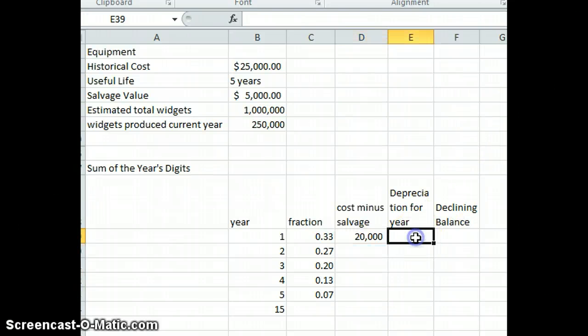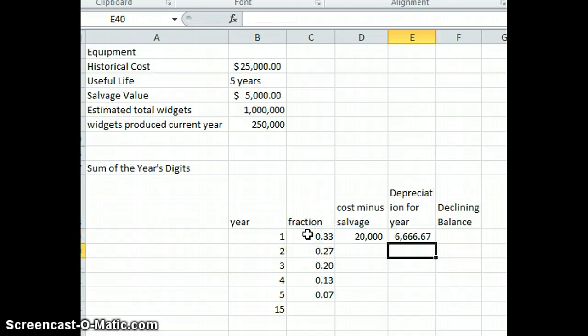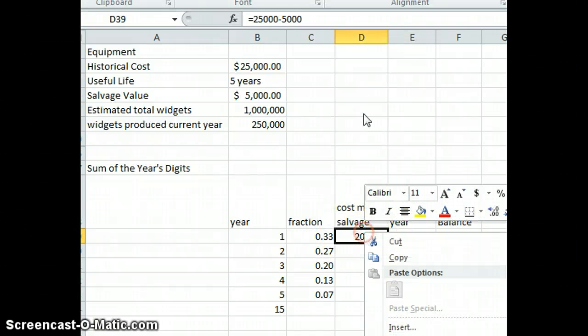And then we're going to figure out the depreciation for the year. And the way we'll do that is we'll multiply the $20,000 by the fraction 5/15ths. You can see here we're getting a percent here, a decimal amount. So we'll multiply 20,000 times our fraction. And it'll give us $6,666.67. We don't really have to change our cost minus salvage, so I'm going to go ahead and copy it